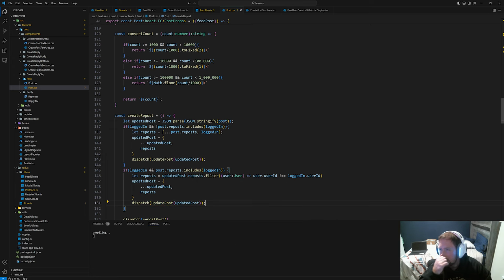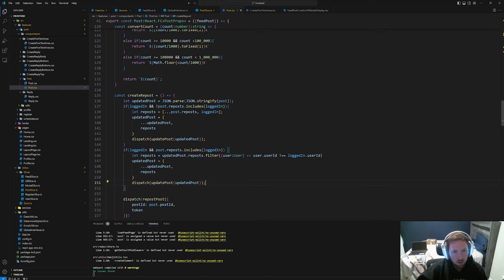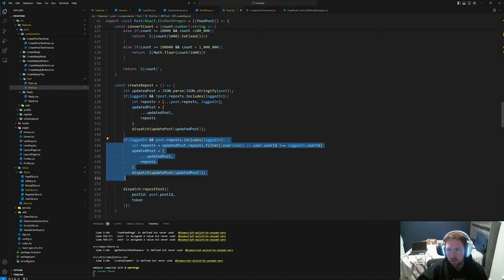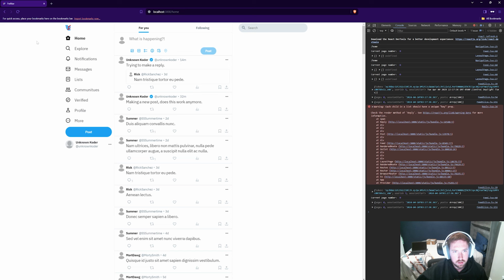So on the back end, this shouldn't do anything because it's a set. On the front end, this should theoretically get rid of the user. Probably could have done this a little bit nicer. I could have checked if logged in and then did like a question mark,